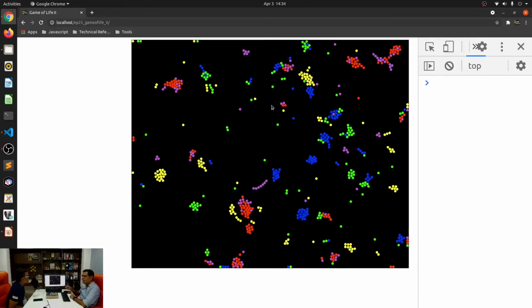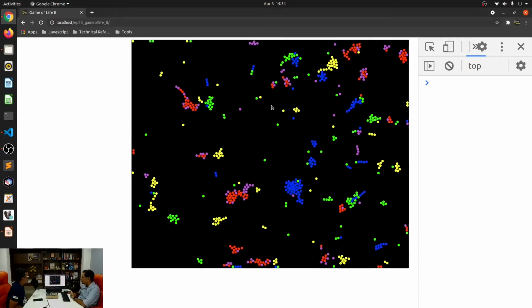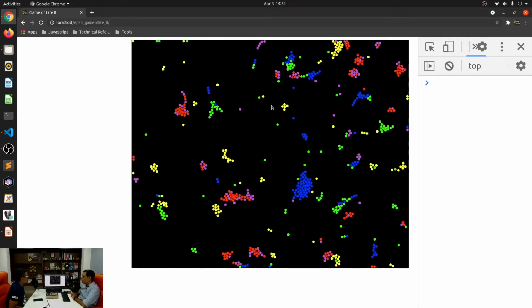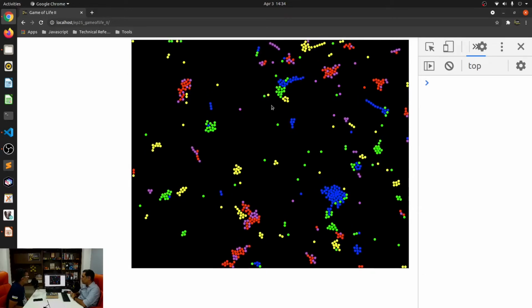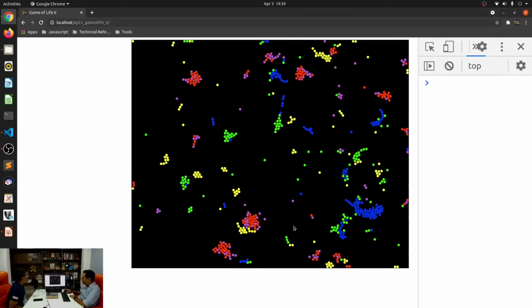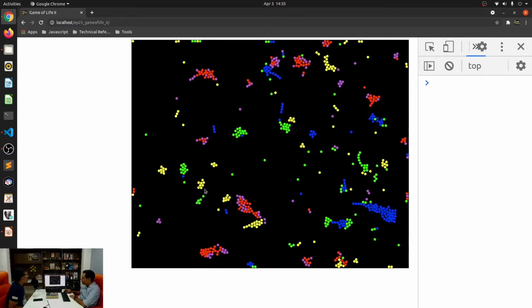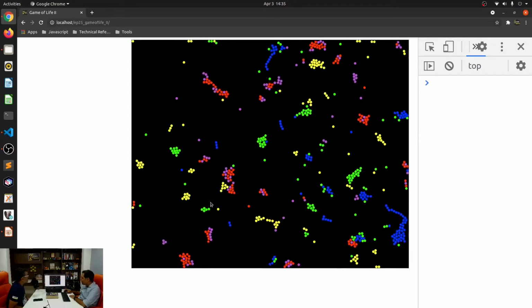So shall we just leave it at this and upload it to GitHub as is? Right. And we'll let the audience play with these variables. Oh, this is beautiful, man. Yellows obviously don't like others. They only like themselves.